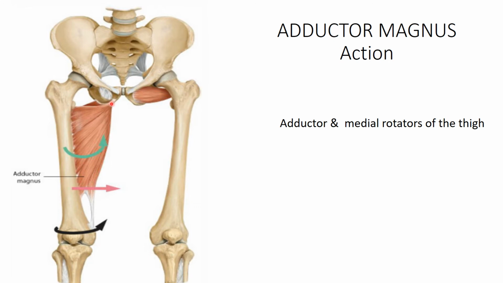Now these are the fibers: the initial fiber from this inferior pubic ramus almost horizontal towards the gluteal tuberosity, then this middle fiber from the ischial ramus along the linea aspera, and these fibers from the ischial tuberosity descend almost vertically. These are the hamstring part,